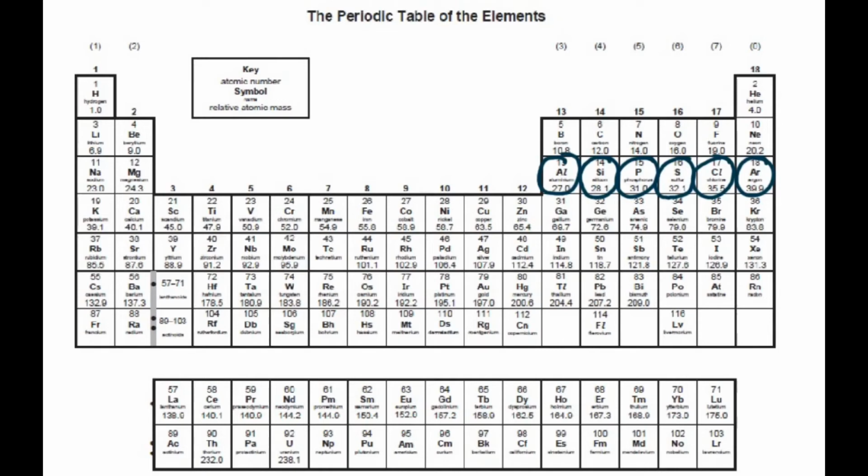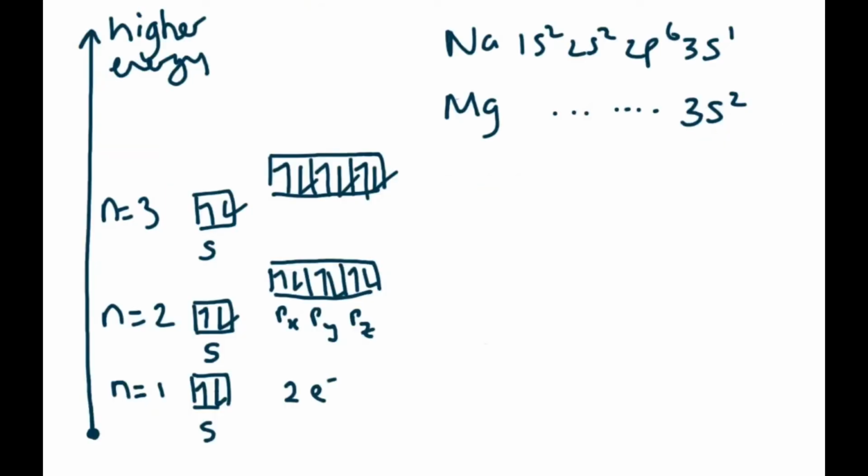Okay, so we're at argon. Argon is all of that: 1s2, 2s2, 2p6, 3s2, 3p6, and we've got a full shell. So we've got 2 electrons in the first shell, 8 electrons in the second shell, and so far we've got 8 in the